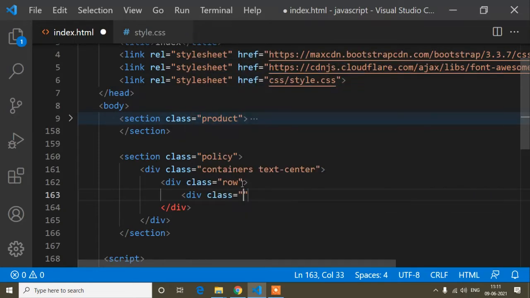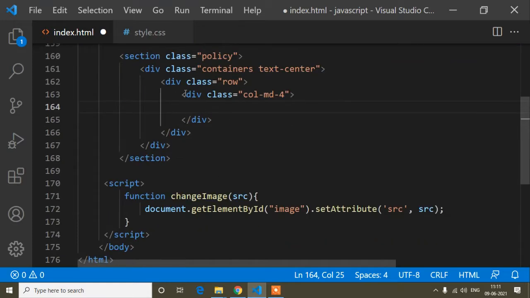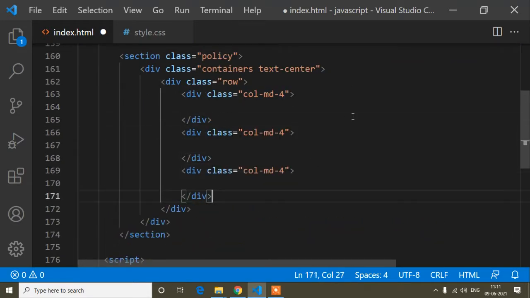And here I want to make it 3 columns, so that means total columns we can make is 12. So if I divide by 4, the remainder is 3, so that means I have to divide the column by 4. So call md4 inside inverted commas. Now if I copy and paste, it will be 3 columns, because 4 and 4 is 8 and 4 is 12, so that is 3 columns.